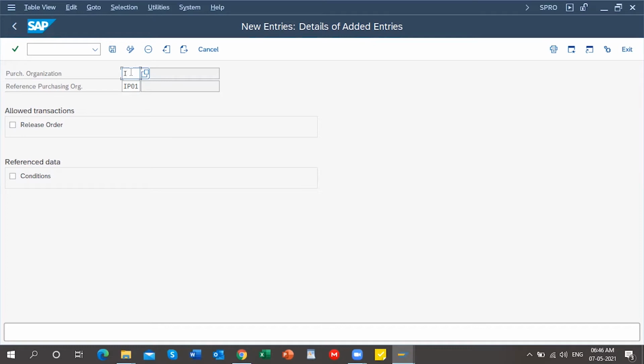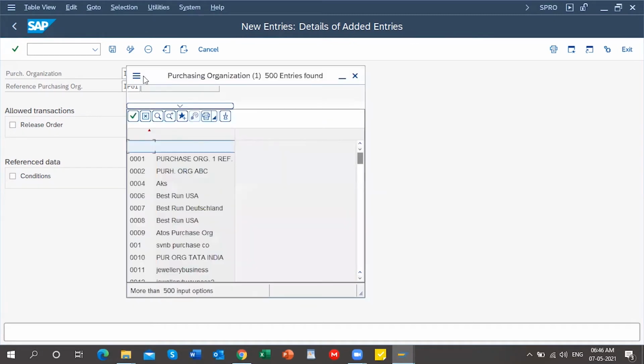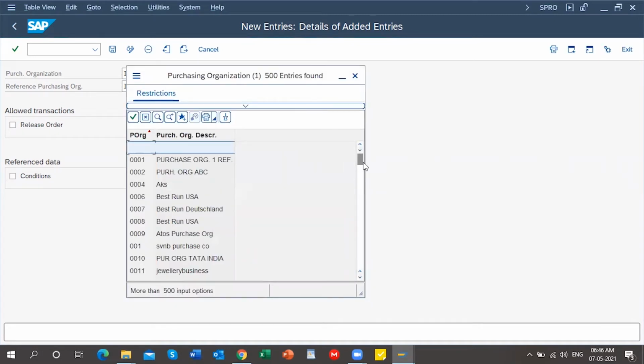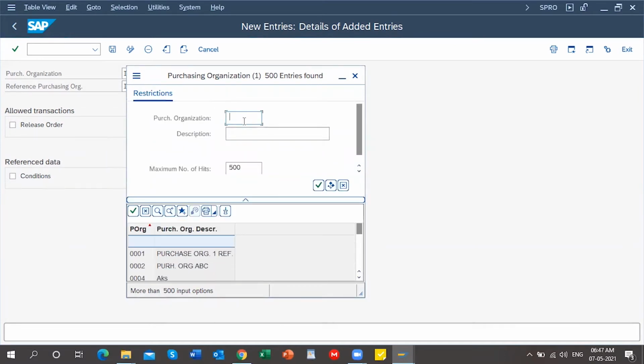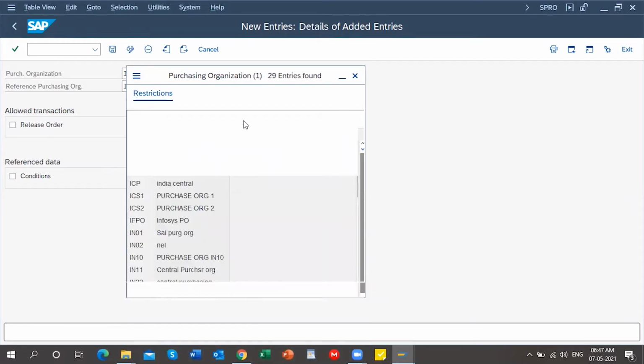Again, you can come here and search for whatever standard purchasing organizations there are. You can assign not only this standard purchasing organization, you can assign for different purchasing organizations also.